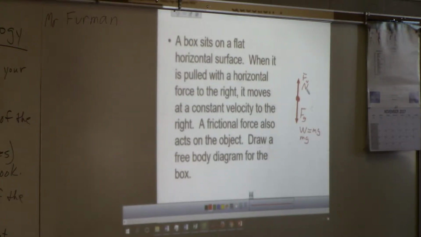Okay, so we got our up and down forces. What other force would you draw? Friction. And what direction is friction going to be? Going to be to the left, because it says the horizontal force is to the right. So we've got some frictional force. I tend to write F sub F. Sometimes we just see it as like a lowercase f. And then our last force is going to be,